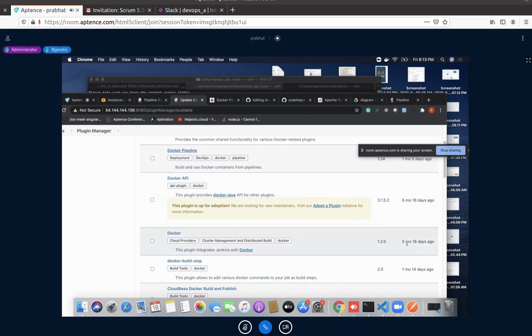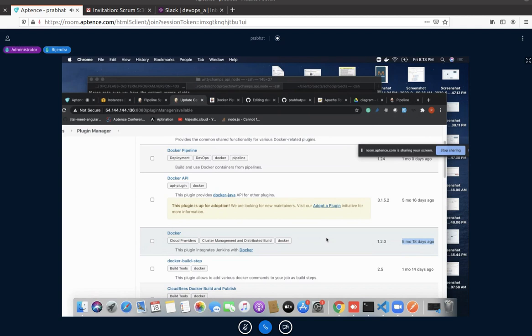Let's say I have a Java-based application provided by a developer, and it has a pom.xml file.